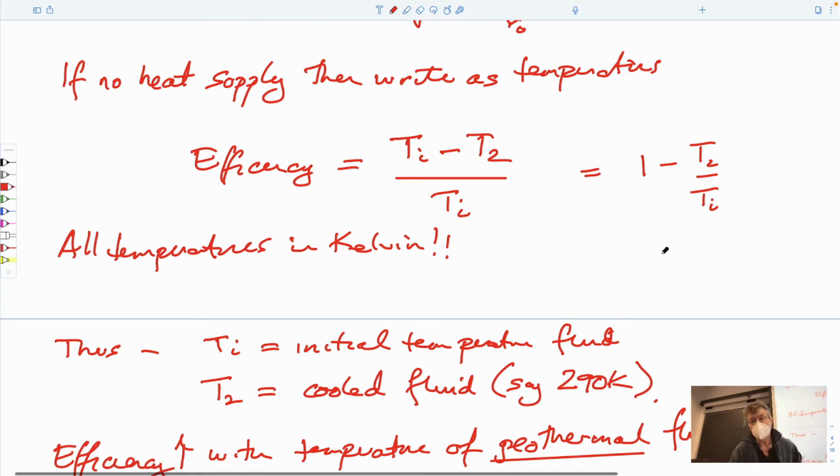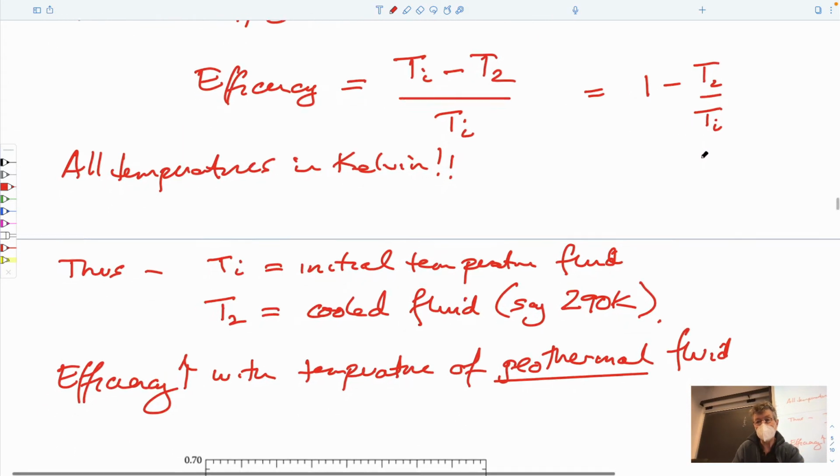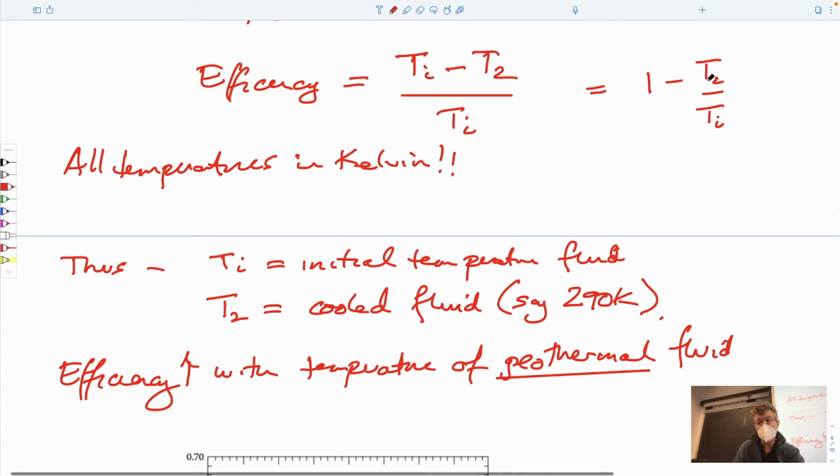And so if you can get the background of the system, T2, to be absolute 0, then this term by definition will be 0 and the maximum efficiency is 1. You can never actually do that. And so you're left with being hindered, I guess, by the magnitude of the